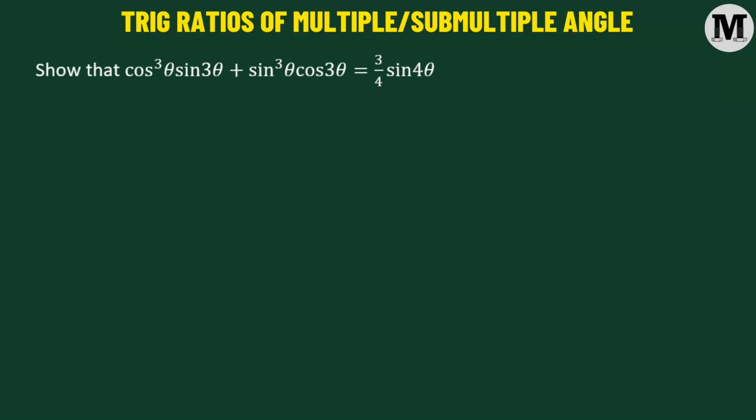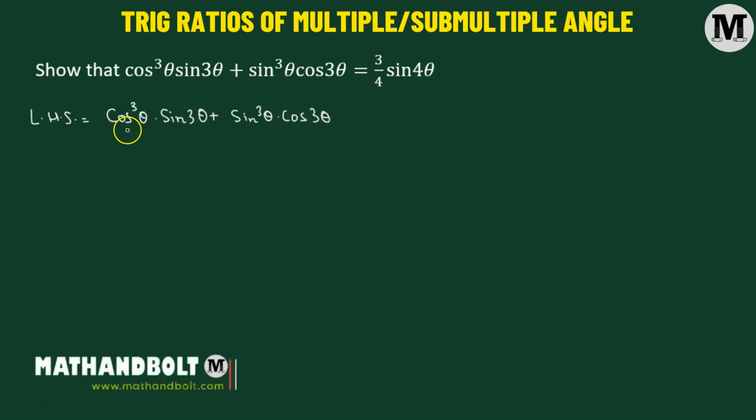So we need to prove the following. Let us begin. So we'll start the problem from the left hand side. So here we have cosine cubed theta multiplied to sine 3 theta added to sine cubed theta times cosine of 3 theta. So what we'll do, we'll try to simplify cosine cubed theta and sine cubed theta because there is